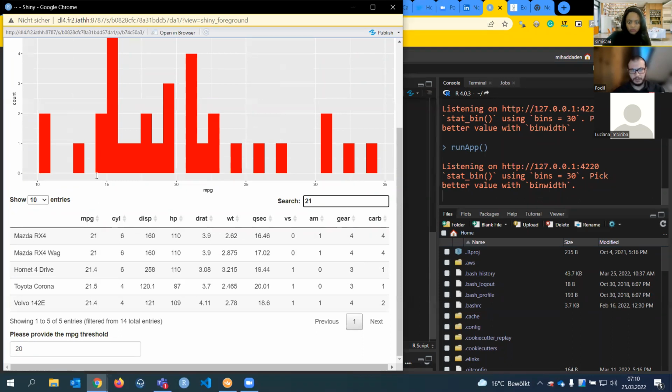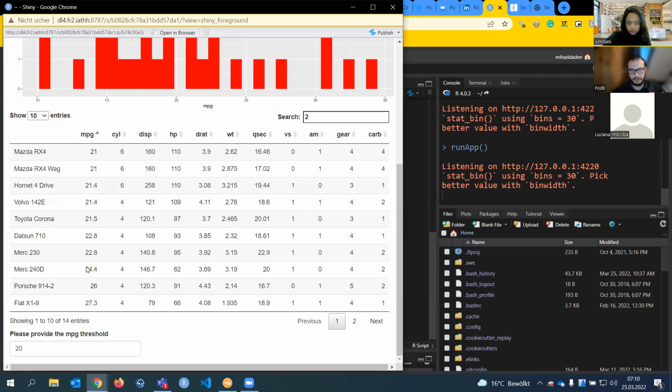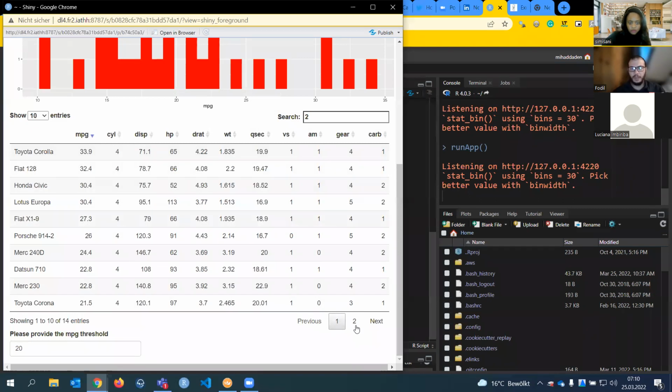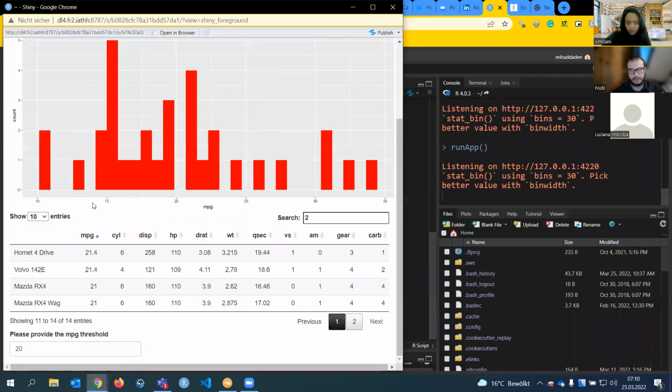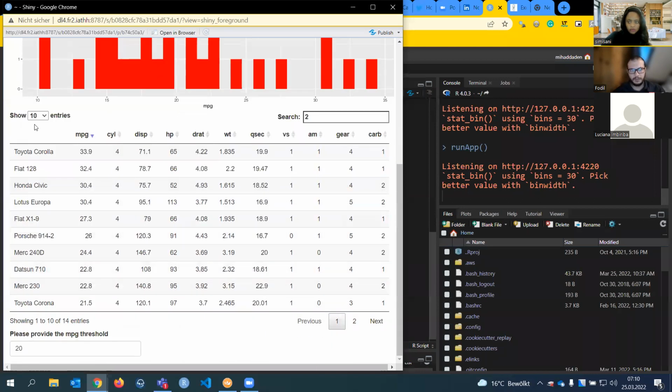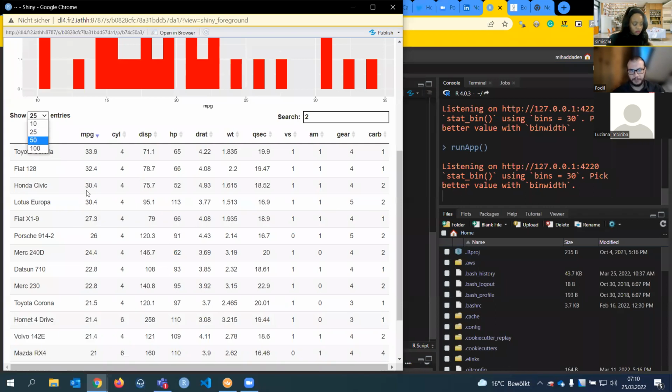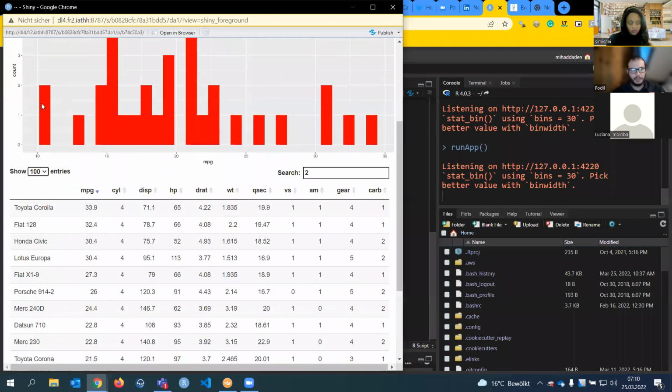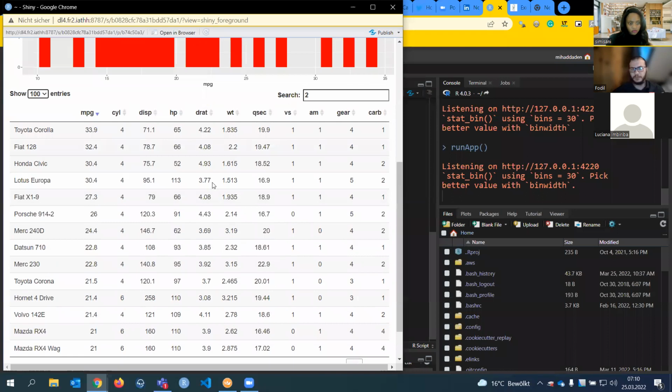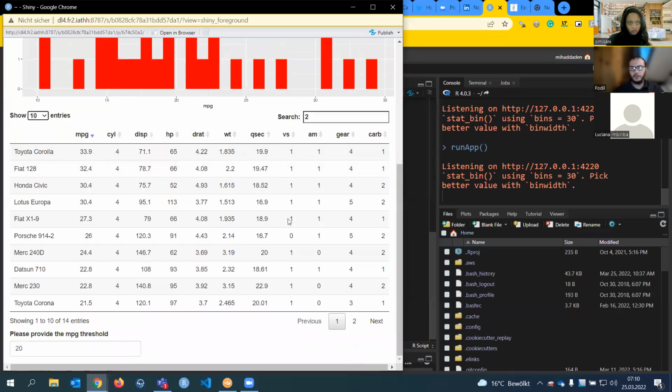I can also order my columns from the smallest to the highest value, or from the highest value to the smallest one. There is also paging, next and so on. I can show step by step, not all the table at once. I can show the first 10 values, 25, all values. I have less than 100, so I just want to choose 10, etc. So it's a pretty cool package, and you can do really more than this. This is really just a drop of water of what's possible to do.